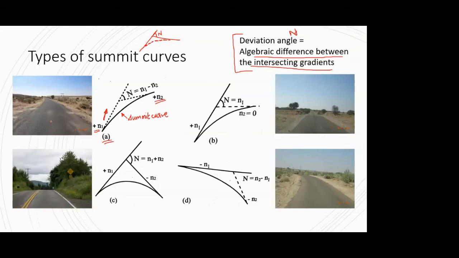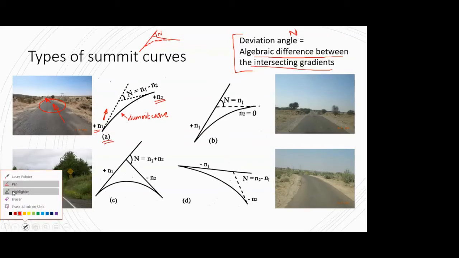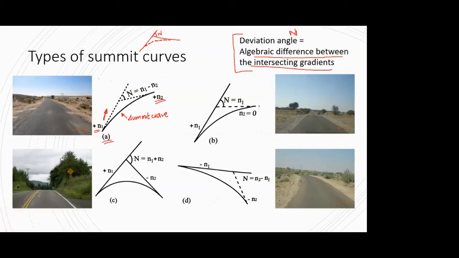Now from the picture you can't fully get the view, but when you go on site, you will understand that this is one gradient, and it's a steeper one from where this photo was taken. So there I was standing at a steeper gradient, and then there was again an up gradient, but a mild one. Okay. So this portion is my summit curve. I don't know whether you can make it out from the picture clearly or not, but just for the purpose that you should get a bit of visualization, that's why I've inserted this photo.